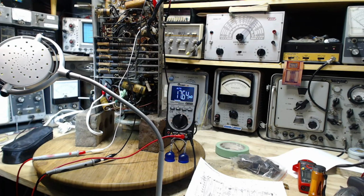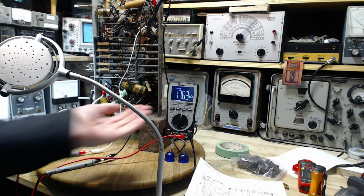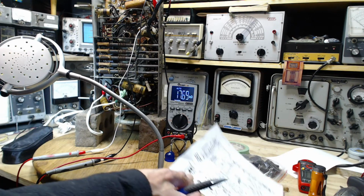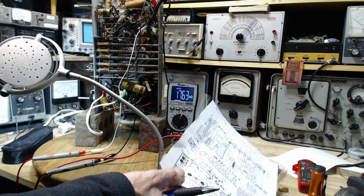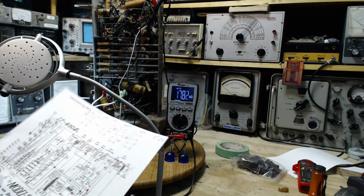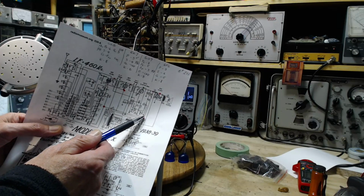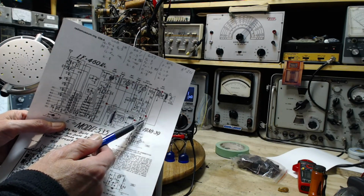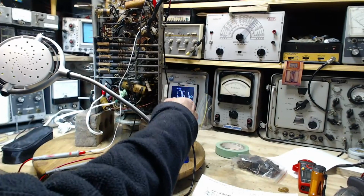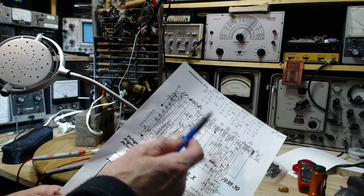Okay, so if we add up some evidence here, first of all, we're reading almost 18K on this resistor. It's got a brown body, brown, black, and we can't see the dot because it's hidden behind the resistor. Brown and black is 10. But look very carefully. I blew it up on my computer screen. This could easily say 10K. It's a 10K resistor, and it's reading 17. That's not very good. Coupled with the fact that all these voltages seem low out here,